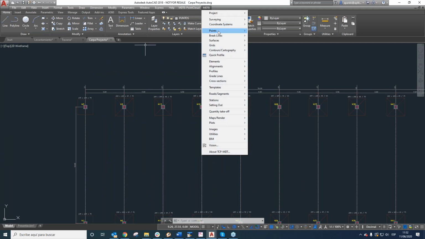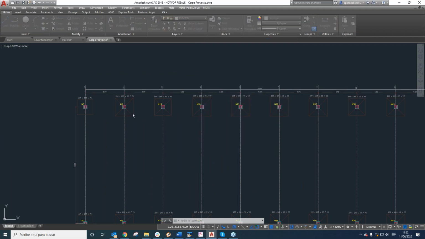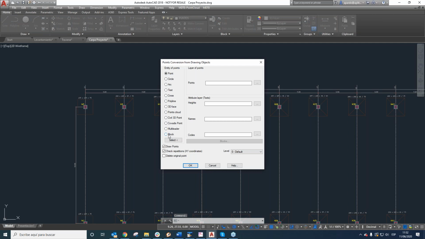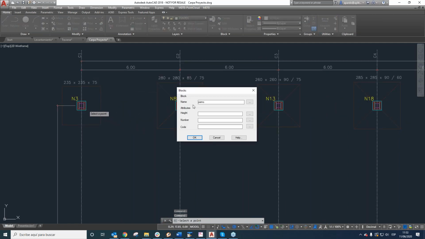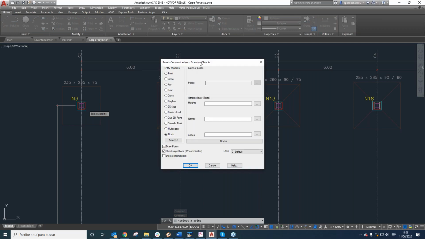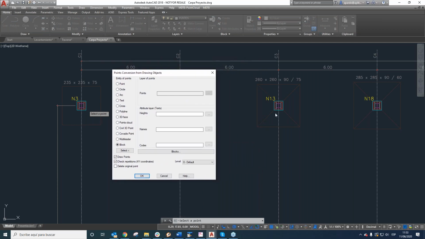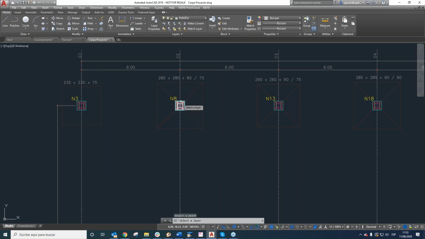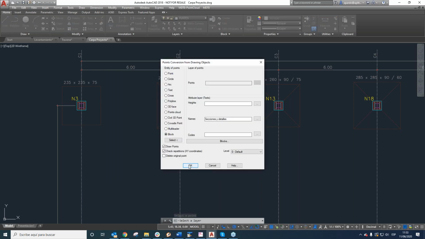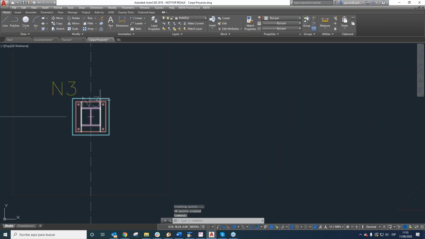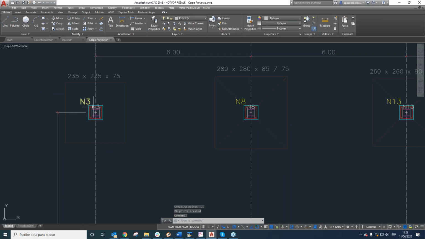So MDT point, convert drawing from object. I'm going to select the option of the block, this block. Now I'm going to create one point for each pillar. I'm going to use the name of this layer, select this layer, okay, and here all the points are created